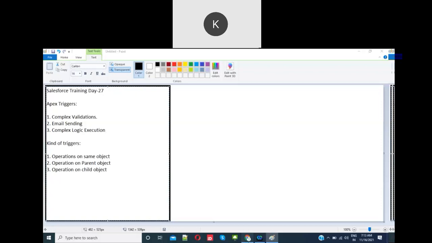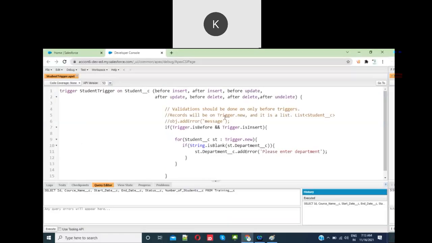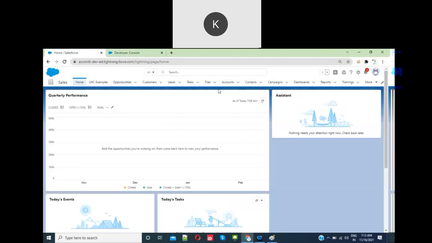See, validations must be done only in before triggers. That I have already explained. Validations as well as setting values should be done only in before triggers. Means let's say I do not have department, but I need to set some department value by default. Okay, so let's say here